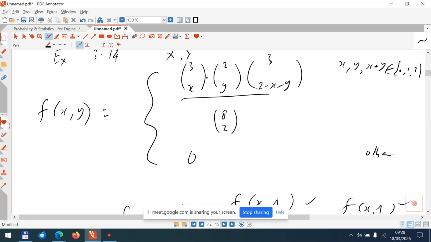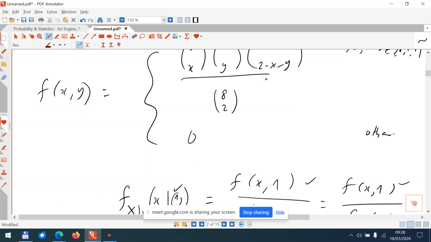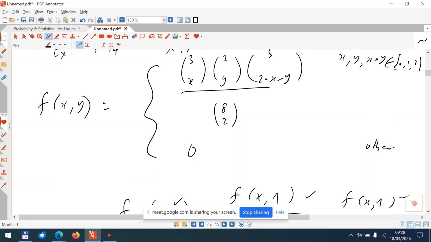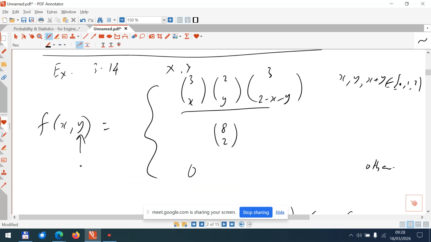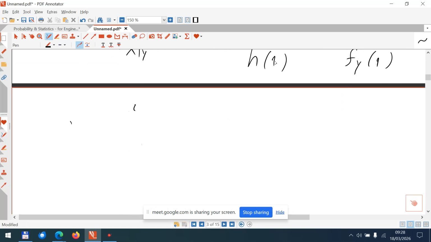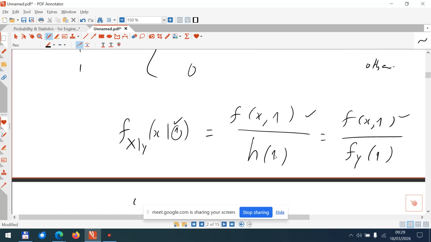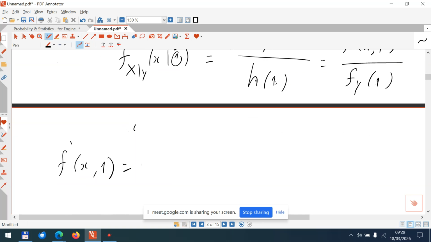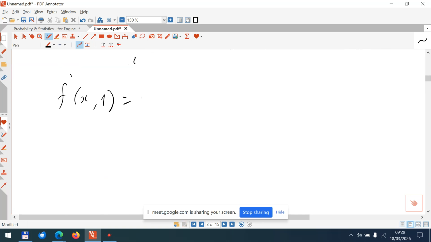So 3x, 2y, 3, 2 minus x minus y. So let's plug in the value y equal to 1. We need to set y to 1 and we use that formula. So you say f of x comma 1. I'm now interested in the numerator, right? That will simply be,